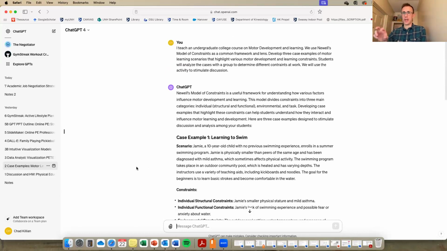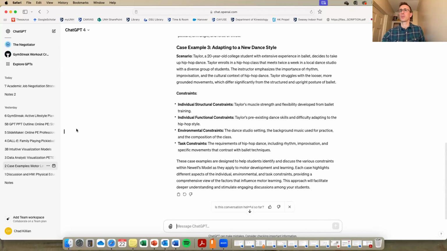How you prompt, what you ask for, will differentiate what it outputs. So if this isn't quite long enough, you could prompt, "Could you add a 500-word case example that's fairly detailed in this area, and this area," and see what happens. So you can always play around with how you're prompting.